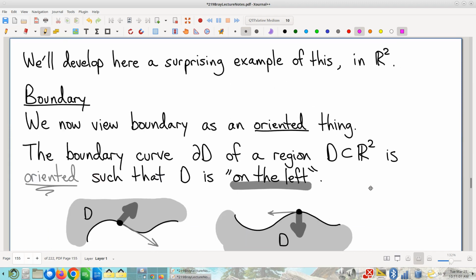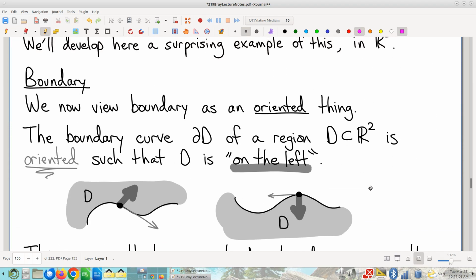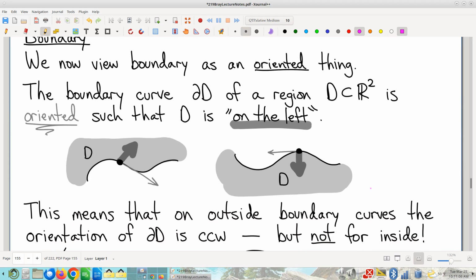All right, so we talked about, let's see, what page is this? This is page 150. Yeah, so we talked about a specific example of this, and we had to get some definitions on the page. By the way, this is a really important one to make sure that you remember.